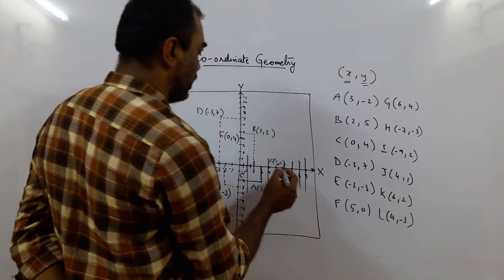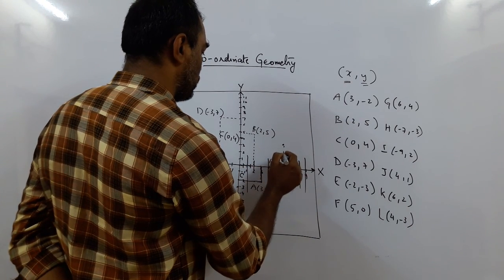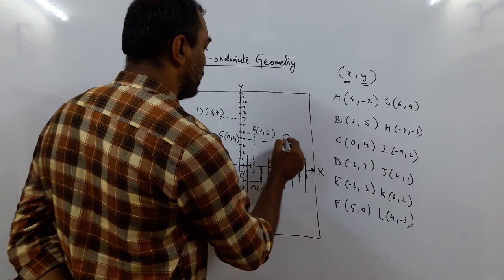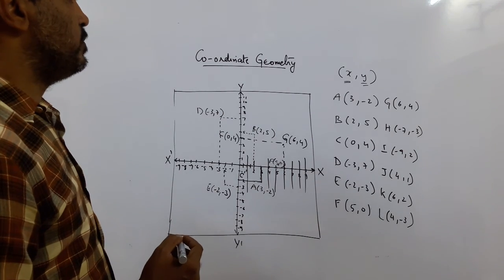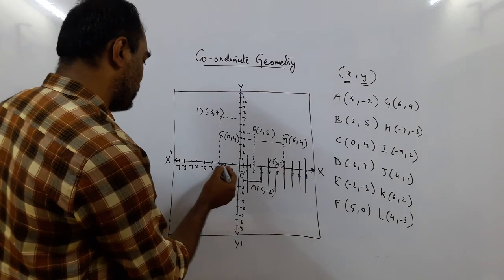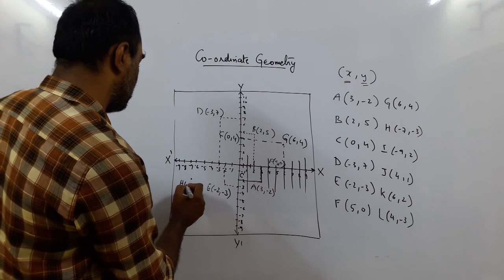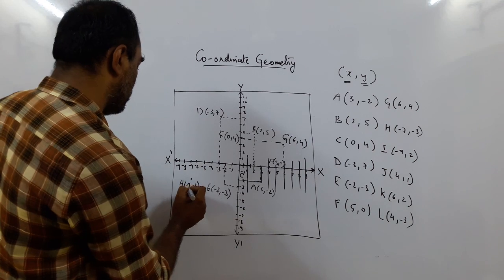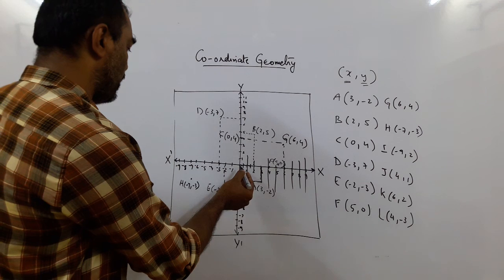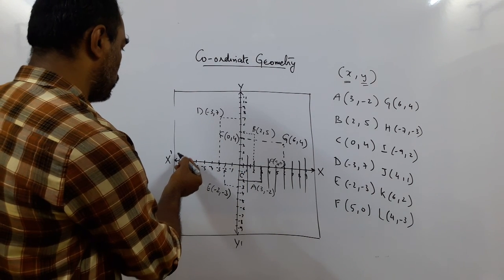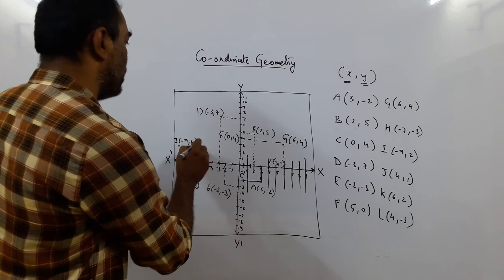G is 6, 4. So now we go very fast. 1, 2, 3, 4, 5, 6 and 4. 1, 2, 3, 4. So 6 and 4 is our G, 6, 4. H is -7, -3. So what is -7? -1, -4, -6, -7 and -3. So this is our point H, -7, -3. So I hope you have learned this activity. Very simple. I is -9, 2. So I is -9 but 2. 2 is positive. So here it will be, this is the point I, -9, 2.